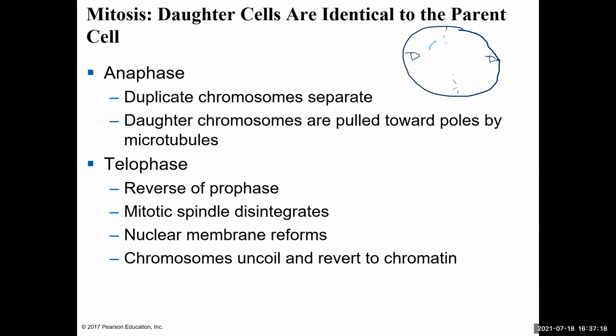And then, so what happens is those sister chromatids will be separated and pulled apart from one another due to the shortening of these spindle fibers. Okay. So again, they're pulling them this way towards the poles. Okay. And then eventually they will be at each end of the pole,